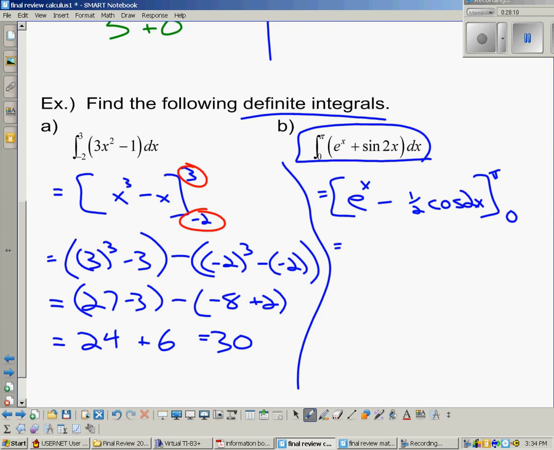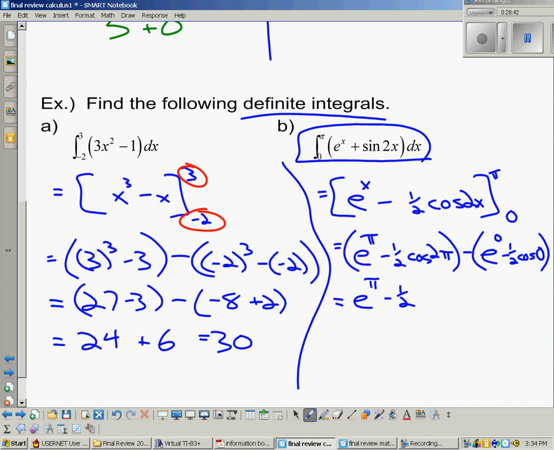Okay, let's put in pi. We get e to the pi minus a half cos of 2 times pi, minus e to the 0 minus a half cos of 2 times 0, which is just 0. Okay, that gives us e to the pi minus half cos of 2 pi. The cos of 2 pi is 1, okay, because it's 360 degrees. It's a full revolution. So we'd have negative a half times 1, or just negative a half,